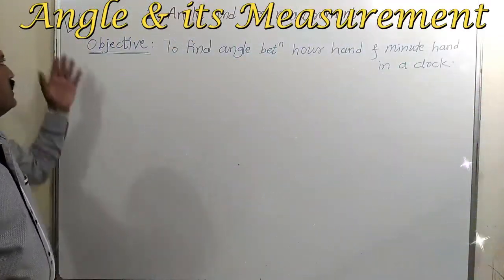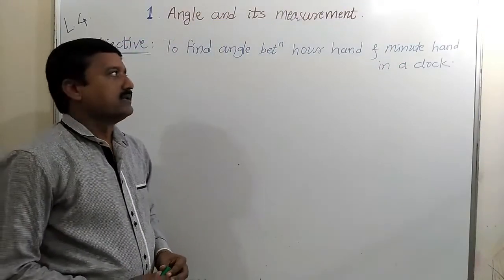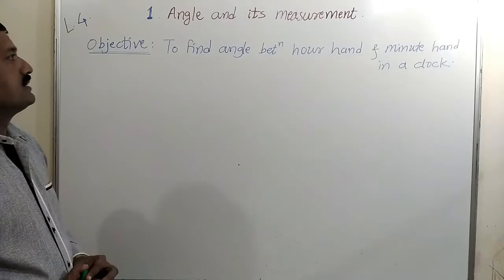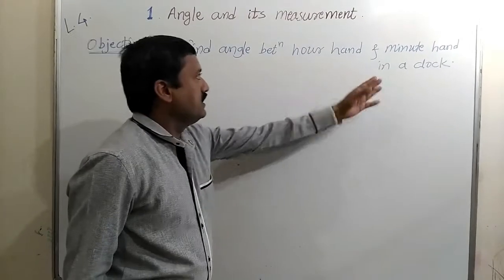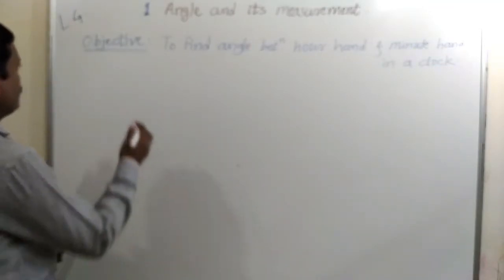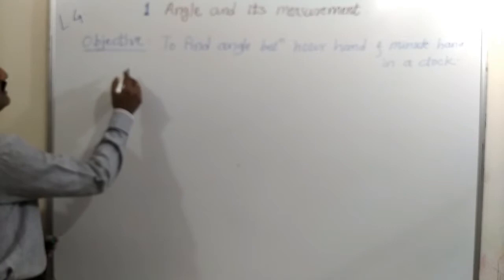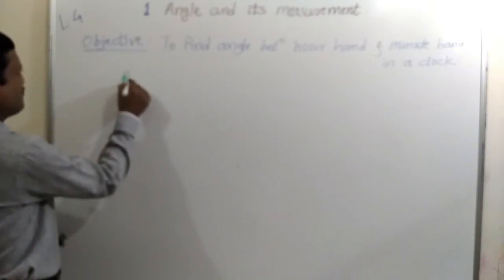This is our fourth lecture on angle and its measurement. The objective of this lecture is to find the angle between the hour hand and minute hand in a clock. Before finding the angle between the hour hand and minute hand, we will find the relation